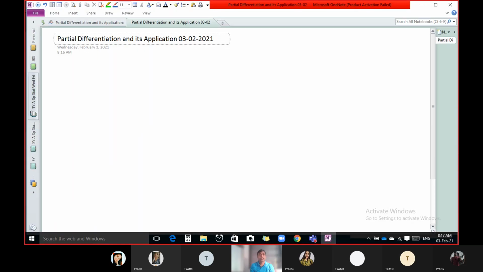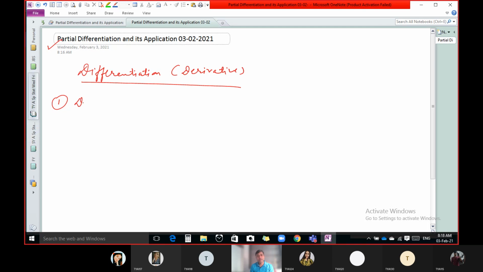Partial differentiation. So differentiation means derivative. Let us revise a few results of derivative first of all, then we will be able to start partial differentiation. First, derivative. Any of you know what is derivative of